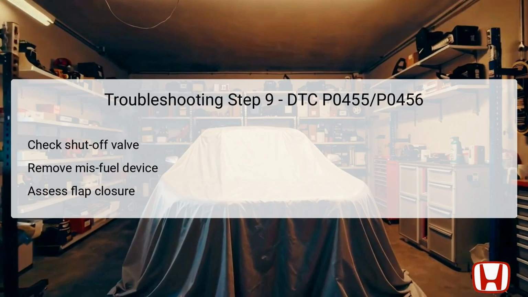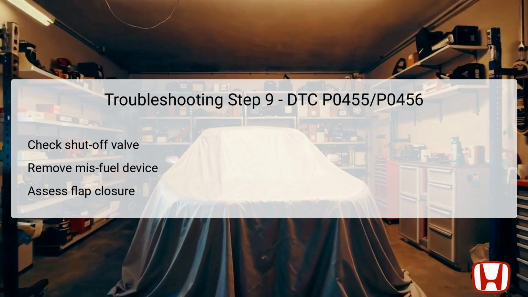If no damage is found, this suggests that these components are functioning properly. This step focuses on the shutoff valve, an important component designed to prevent liquid fuel from entering the EVAP system. Begin by carefully removing any misfuel inhibit device present. With the device out of the way, visually inspect the flap of the shutoff valve to ensure that it is indeed in the closed position. The proper closure of this flap is essential for maintaining appropriate pressure levels within the EVAP system. If the flap fails to close securely, it may necessitate replacement with a new main flap unit to restore functionality